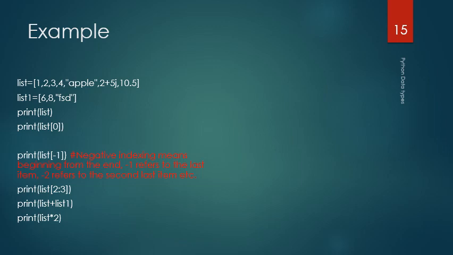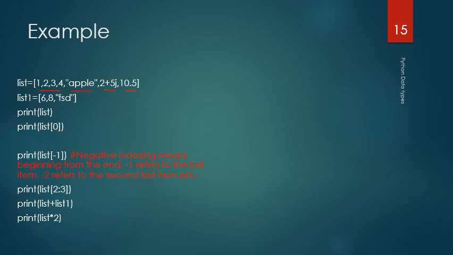Here, we have created a list with values 1, 2, 3, 4. These 4 are numeric values. And next comes a string. Now comes a complex number, and now comes a floating point. That is what I told, the members of a list can be of varying data types. List 1 is another list where there also we have used members with distinct data types.